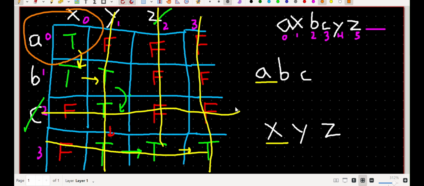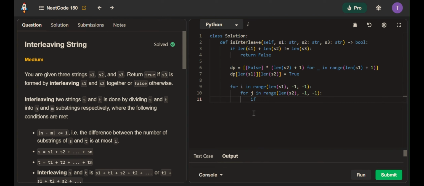Like in our example, if I'm at this really cell, I know that we are referring right now to basically the index out of bound of our horizontal words. So there's no value to check to the right. Hence, we don't want to take a look at the character to the right, and we are just going to check if I is smaller than the len of S1, because otherwise